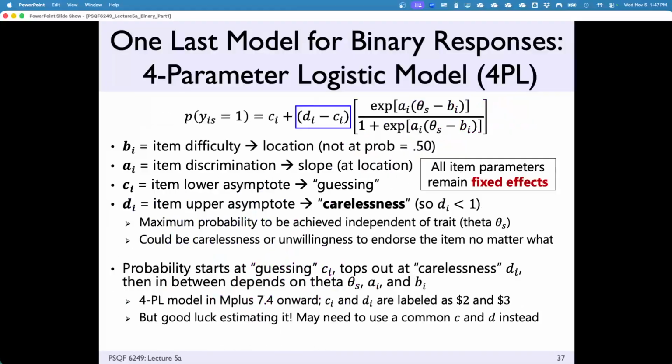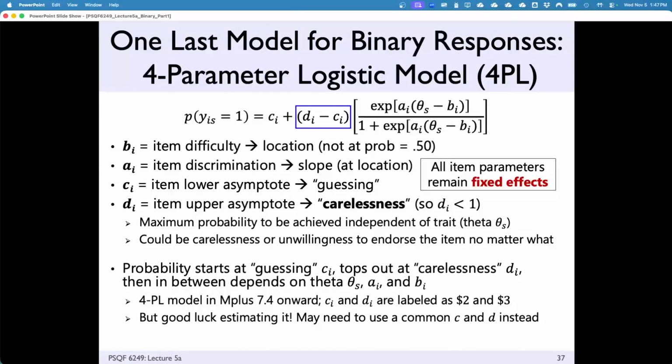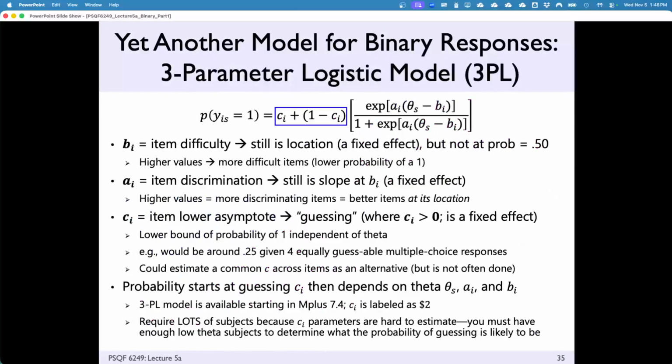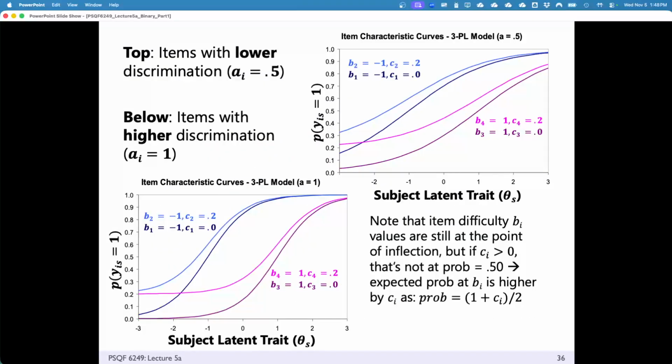Okay, no problem. So you can also do a 4-parameter model. That would be an upper asymptote. There's even a 5-parameter model I've seen out there. You can do a lot. Should you? I don't know. Think of it this way: if you're not in educational testing, how many of you would ever use this to estimate student scores? Nobody. Excellent. You stick with a 2-parameter model and you're good.